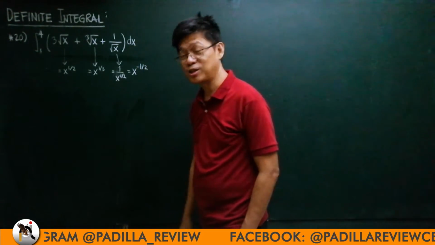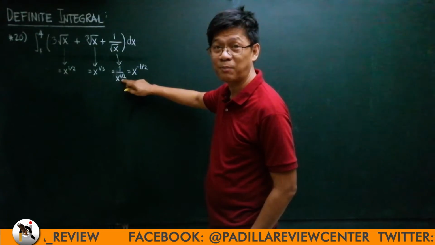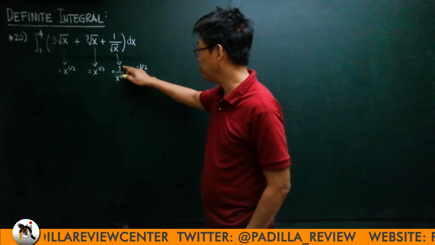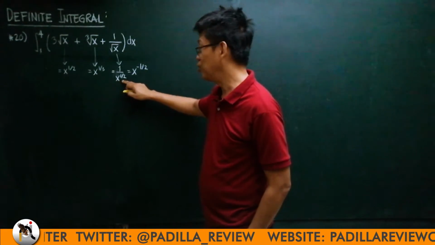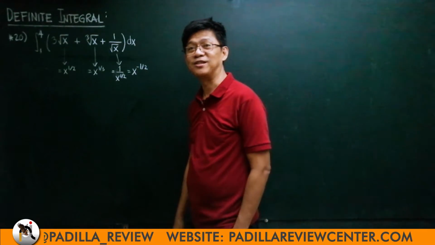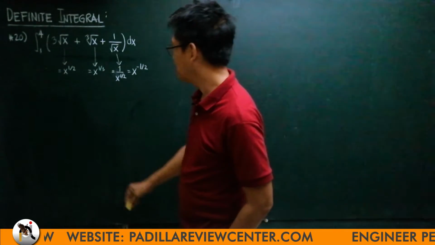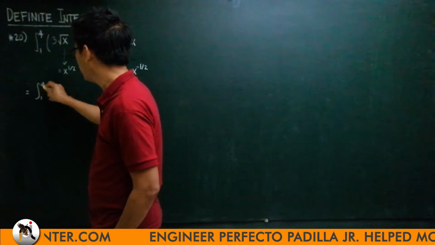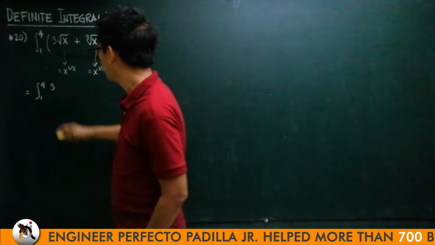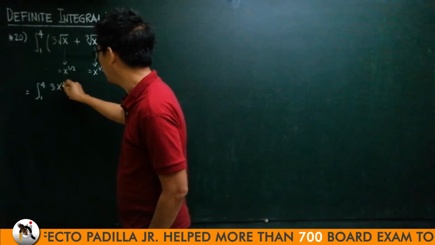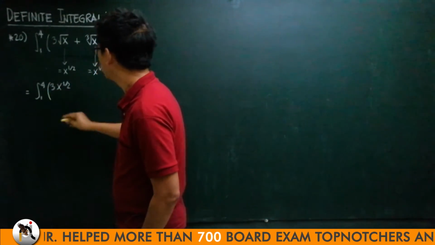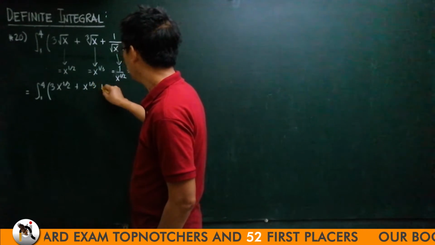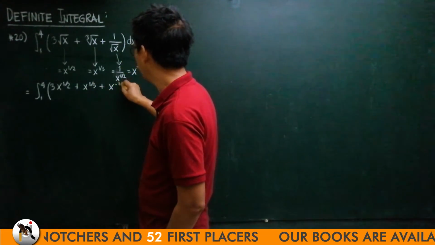So the mathematical shortcut is when you bring up a numerator, you reverse the sign of the exponent. If you bring down a numerator, you reverse the sign of the exponent. You get it? Okay. So therefore, this is now the same as the integral from 1 to 4 of 3 square root of x, which is x to the 1/2, plus 1 x to the 1/3, plus x to the minus 1/2